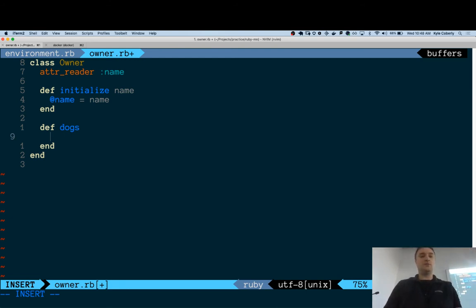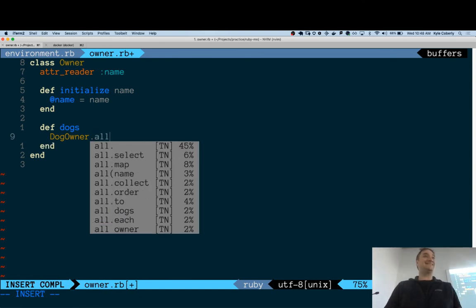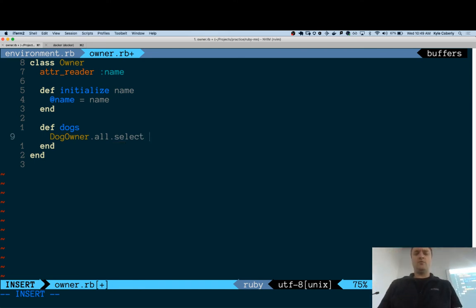What do you think, Todd? You have to iterate over the dog owner dot all. Yes. This is the magic trick. If this has an array of every single dog ownership, this is where all the pieces come together. All those enumerables we were doing, we're going to do some enumerable magic here and try to get only the dog ownerships for this owner. How do we do that? Select. That's how I filter stuff down, right? Cool. What happens in this select?